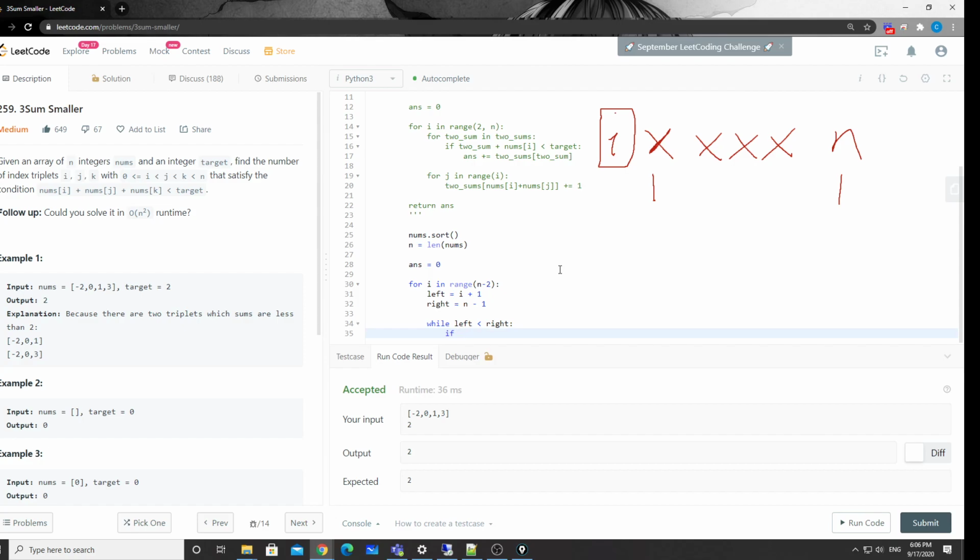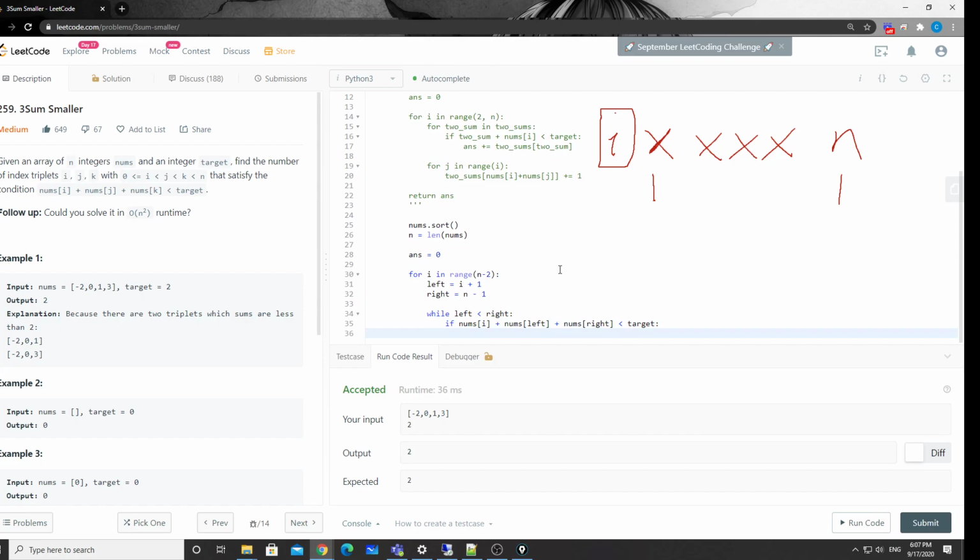Now we have three numbers here. If nums[i] plus nums[left] plus nums[right] is smaller than the target, then what do we have? So if the current left and right satisfy the condition, what does it